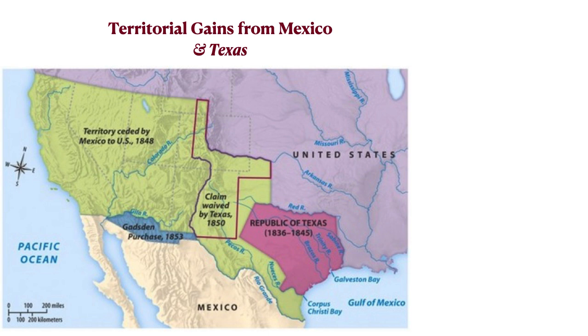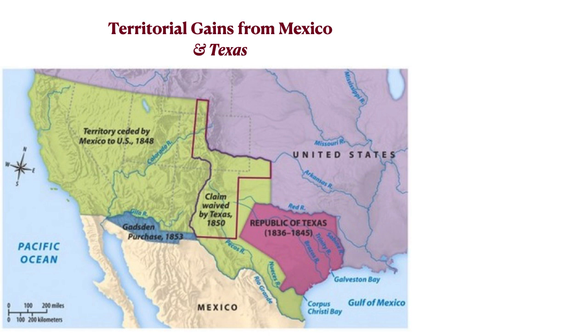Mexico cedes a vast amount of territory. So the U.S. gets Texas, but you can see that red area of the Texas Republic, its boundary with Mexico was still contested. Texas claimed all the way to the Rio Grande, and the United States got that territory. Texas waived some of its larger claims in the Northwest, but all that green territory is ceded by Mexico to